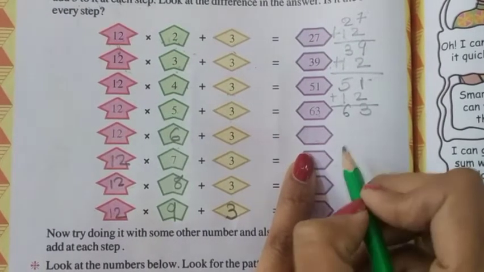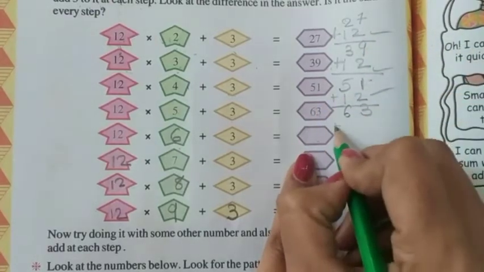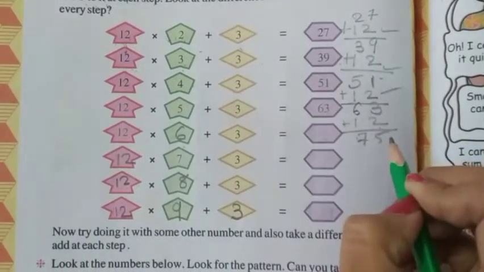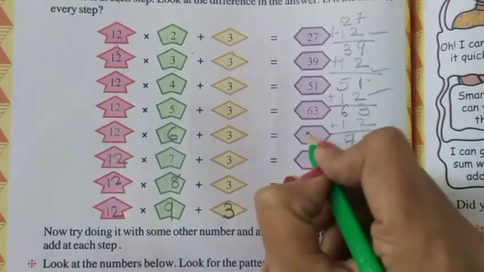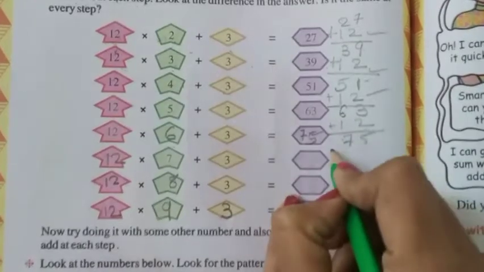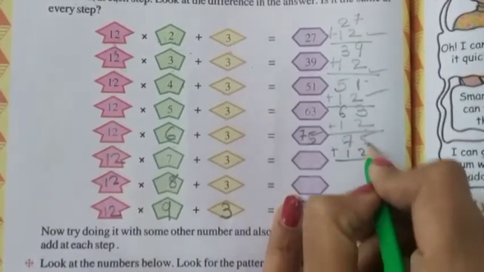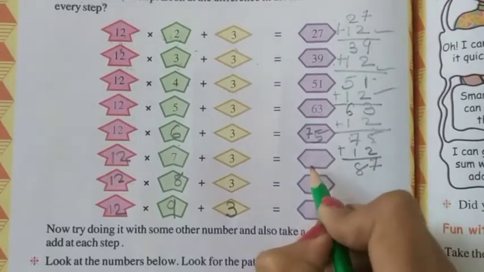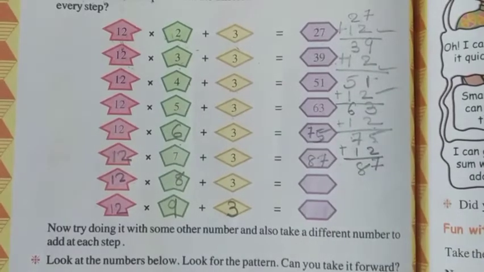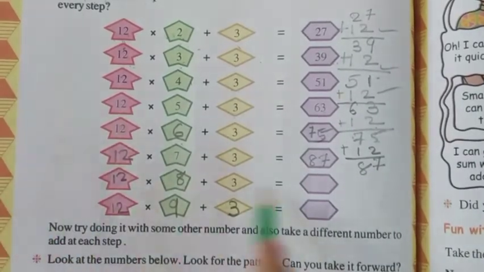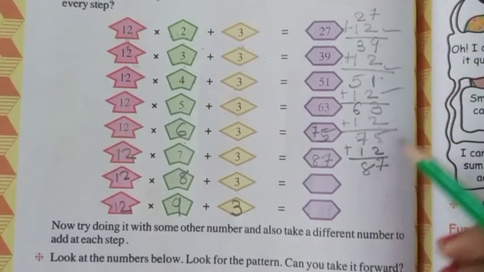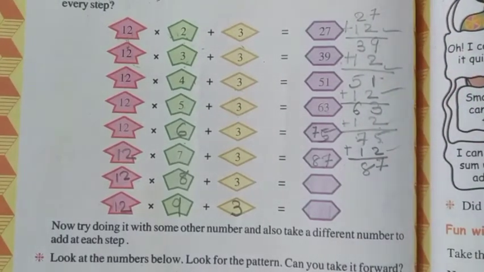So to find this number, what we will add? Simple. It is 12. So 3 plus 2 5 and 6 plus 1 7. So what is the answer here? 75. Again what we will add? 12. 5 plus 2 7. 7 plus 1 8. It is 87. How easy it is. See, keep doing all this. It will be a little difficult, but this is the pattern. Okay, same thing you are going on adding, repeating. Same thing you are repeating. In previous video we learned repeated and growing pattern.